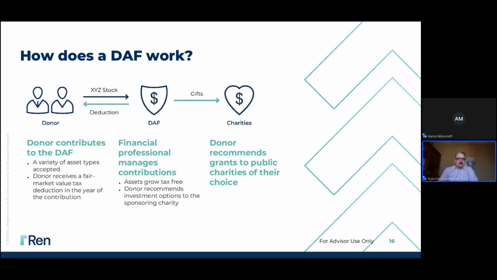In addition, you can call it whatever you'd like to call it. You could call it something very generic, such as the Central Indiana Charitable Giving Fund. It could be the Kyle Christopherson Family Fund. You've got flexibility to do that, because when those grants go out to those charitable organizations, it's going to reference that name, your name, and the name of your donor advised fund account. You can be anonymous if you wanted to, but a lot of people like to recognize either the name of the donor advised fund account or themselves individually for where that grant recommendation was initiated from.